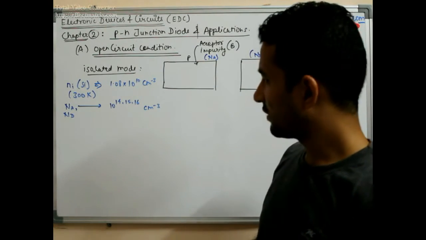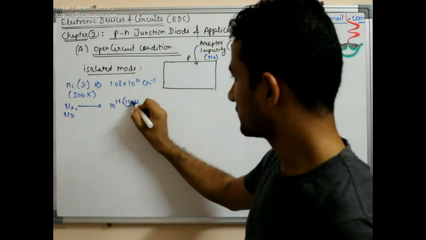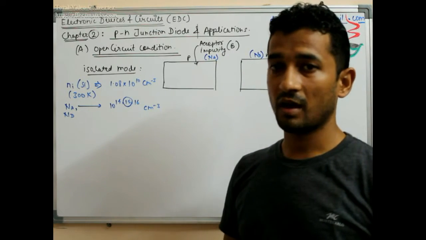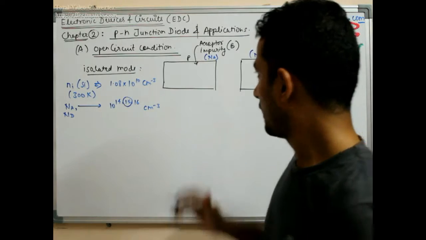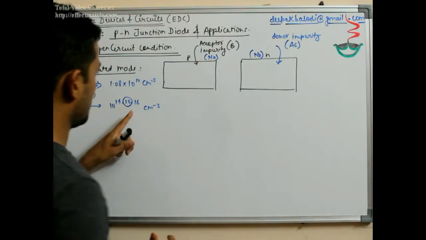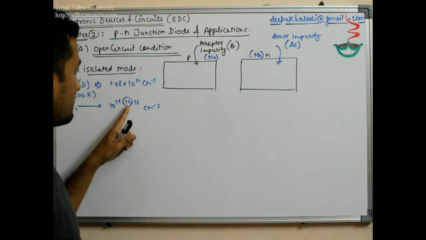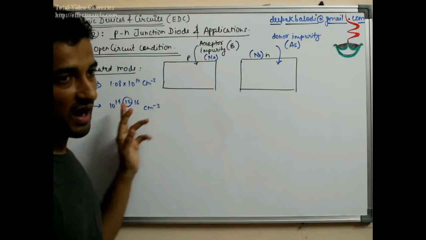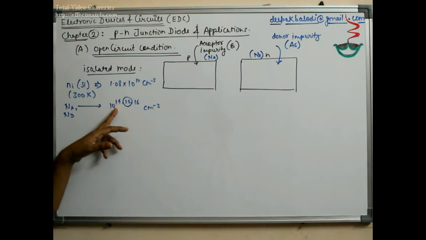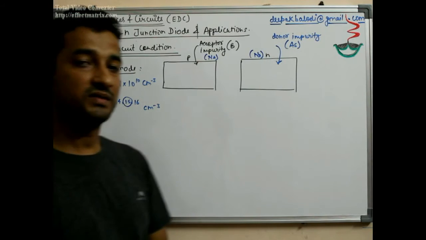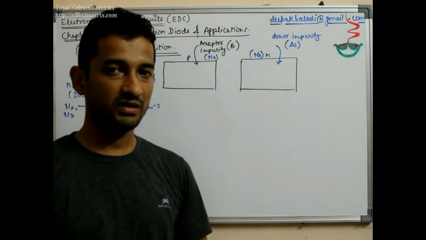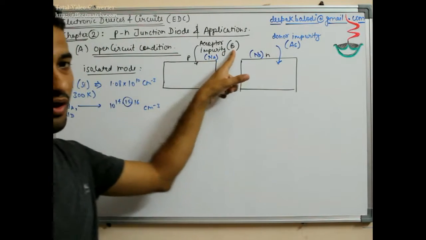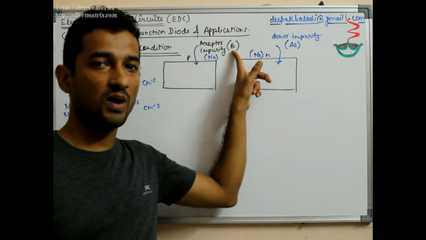Most frequently, if I have to take an example, I will be considering this. All these things we have already seen in chapter number 1, so I'm giving just a brief overview. So this side is being doped by 10 to the power 15 atoms. If we consider a case of complete ionization, this we have seen in chapter 1, then each atom of Na, that means of boron, has contributed one hole.